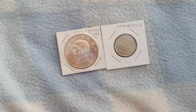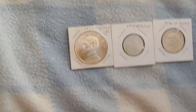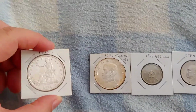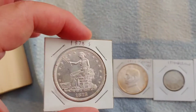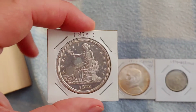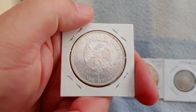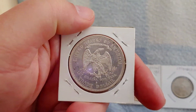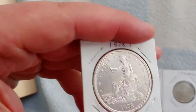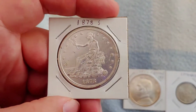Now let's move on to a more interesting country, China. Now China has a rather long and interesting history. As it turns out, the very first coins that we had made in the U.S. Mint for a foreign use was the trade dollar, and they were specifically for use with China, maybe some other places around there, but principally China. As you see, this is in 1878. It's not listed in Alton